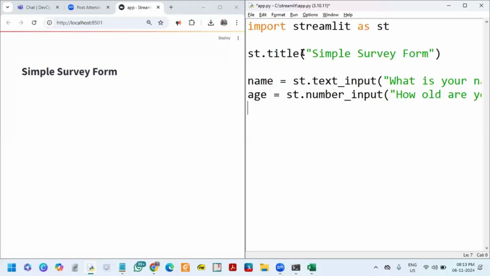Okay, so then feedback. This is the one option we are discussing now. This is a text area. You can enter as much text as you want. It is not a text input. It is a text area where you can enter multiple lines. You can enter a lot of information there. So text area is a function, and you can type here, share your